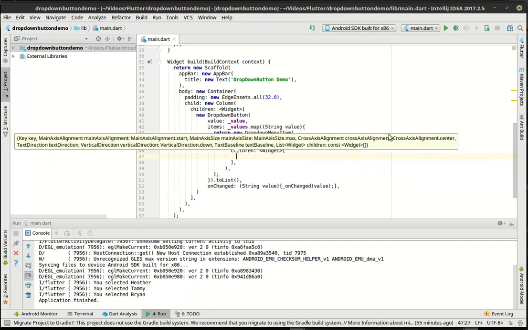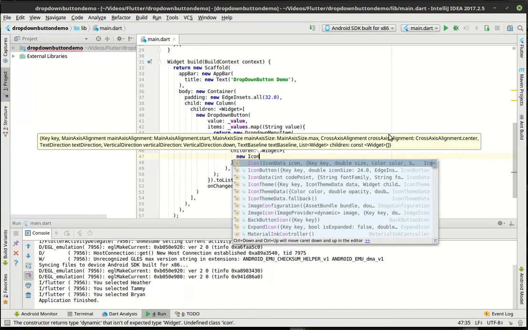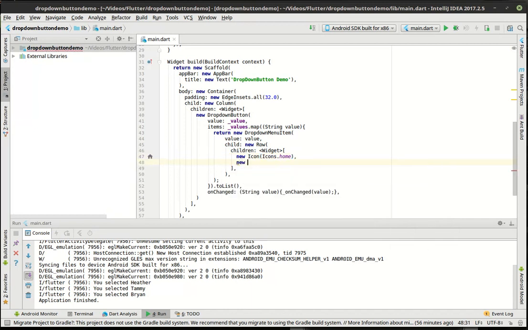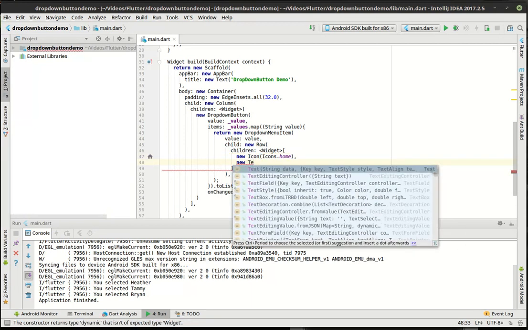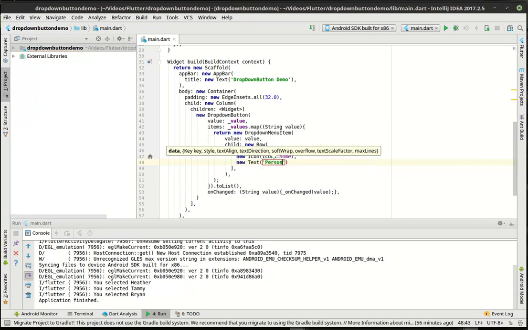Children is going to be a list of widgets, and we're going to say new Icon, Icons.home, new Text, and we are going to just format this. We'll say person is, we'll say person, here we go,